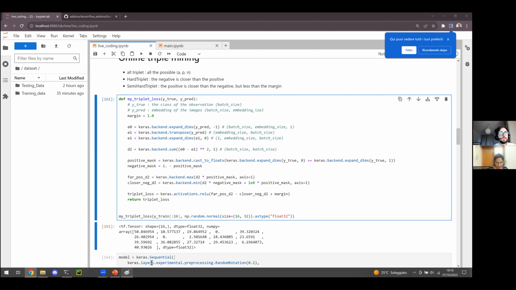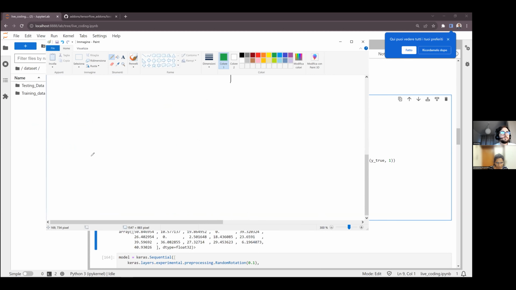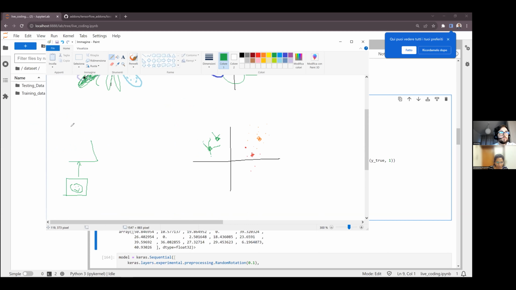I take Paint once again. Nothing prevents us from doing something like this: let's say we have an image that we want to feed to the CNN to define the vector. If we have information about the sales of an item, it is also possible to give tabular data like that.